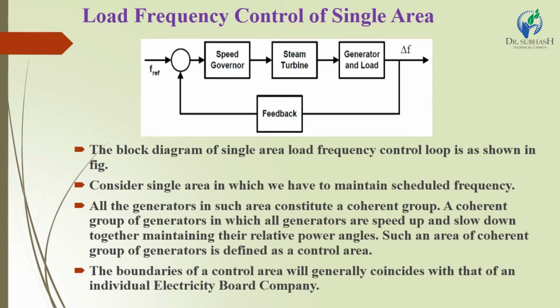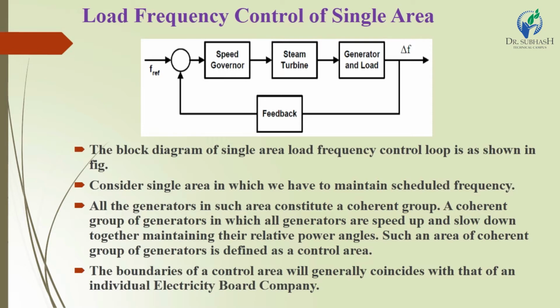Now, the next topic is load frequency control of a single area. In the case of a single area system, there is no need for a tie line power schedule. So LFC has only the function of bringing the frequency to the normal value. This can be achieved by using a separate loop as shown in this figure, where the integral controller changes the reference of the power setting, so the set point of the speed can be changed.